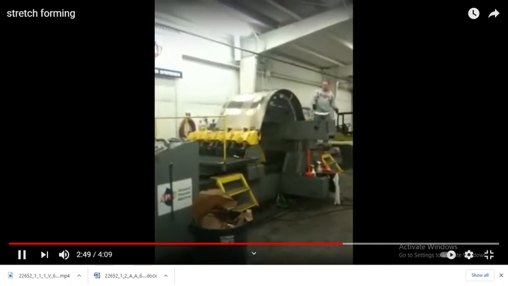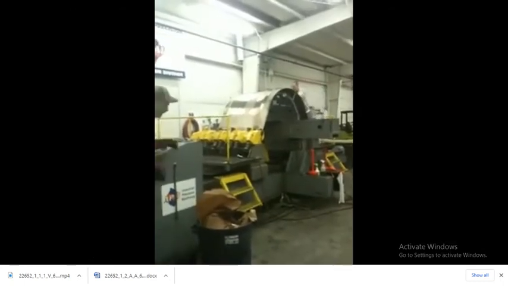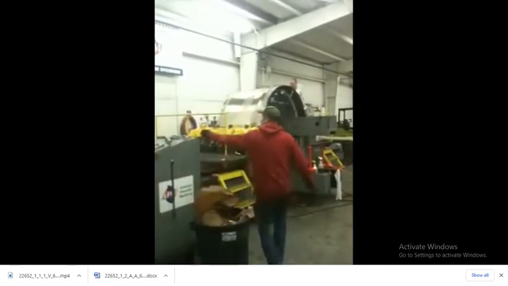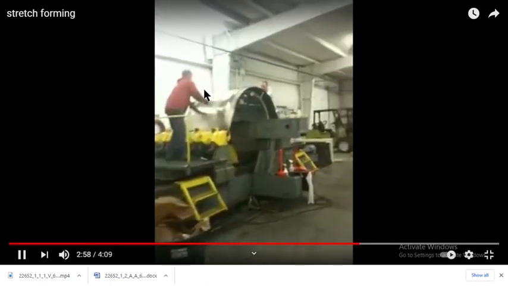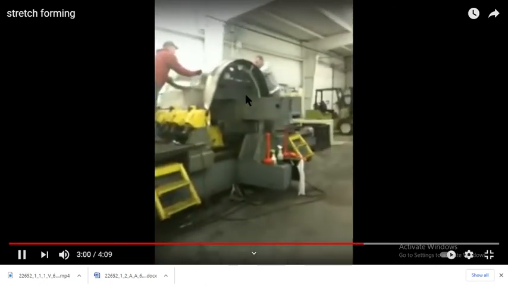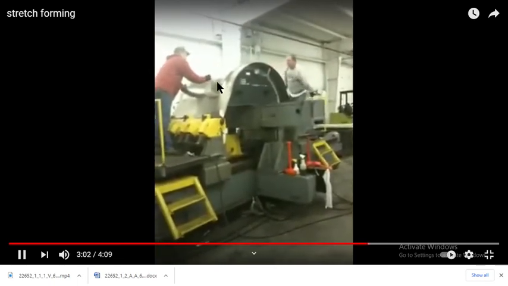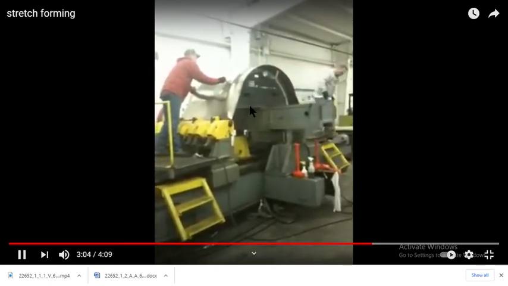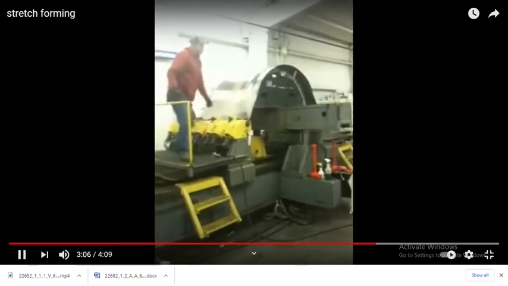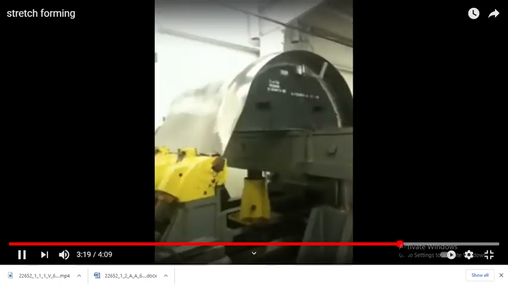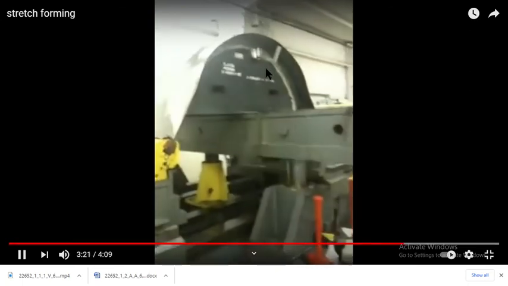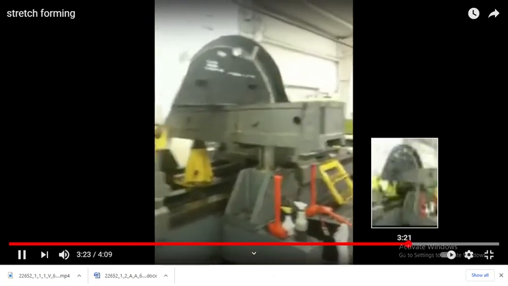Meanwhile, they tested the thickness of the sheet, using a device to check whether any tear of the sheet occurs or not. Then again he applies the pressure.